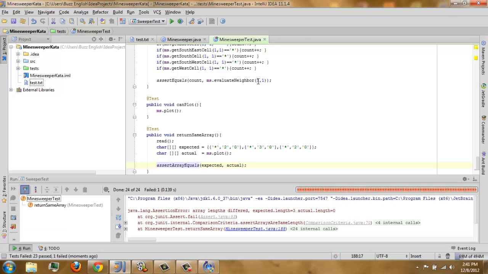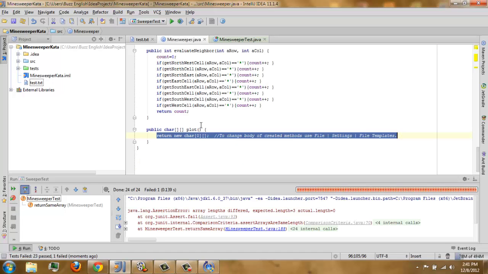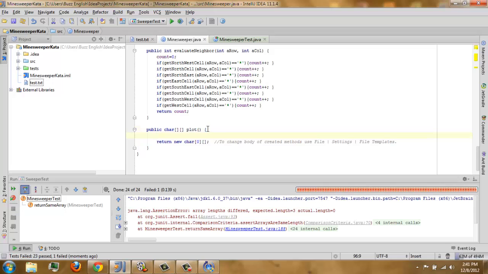Okay, there's an error because they differ. Because we are not returning something here. So for that we can return, so we are going to access our grid, right? Yeah. So let's have our final grid. Let's make final grid.